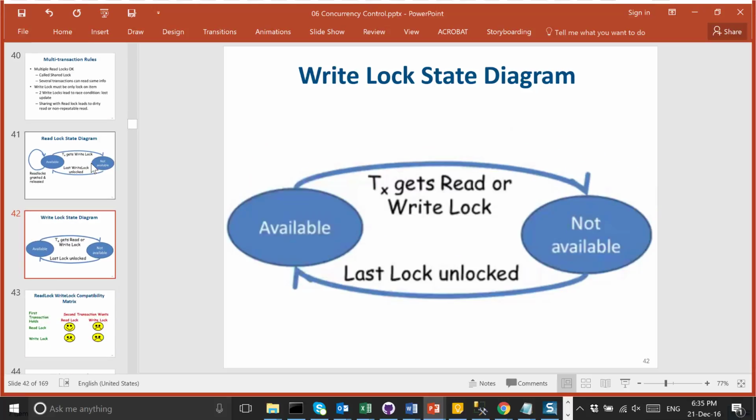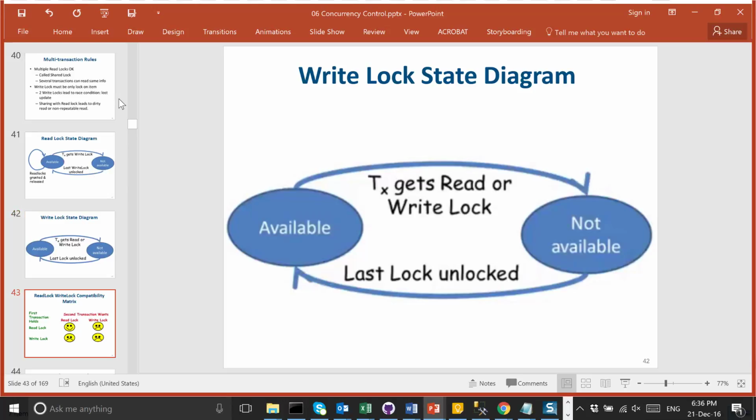That's what this diagram is trying to say. Now, for the write lock, as soon as any transaction, it could be multiple, acquires a read or write lock, then the write lock will become unavailable until there are no more shared locks and no exclusive lock on that item. Then the exclusive lock becomes available. Which means that for an exclusive lock, only one transaction can have it at a time. If others have a shared lock or one of the transactions has an exclusive lock, then the requester has to wait.